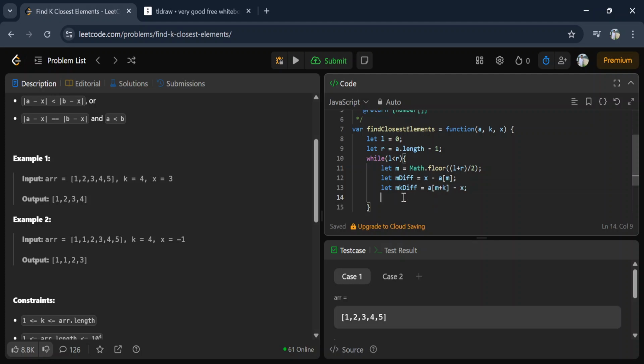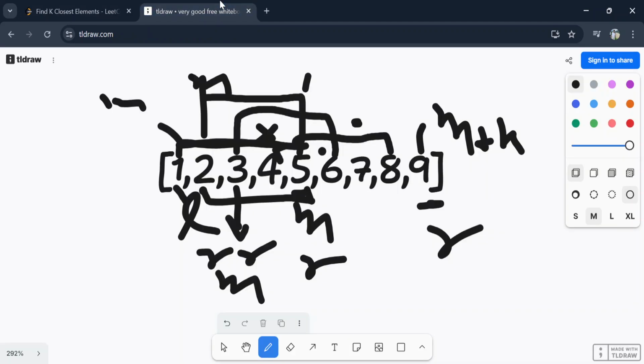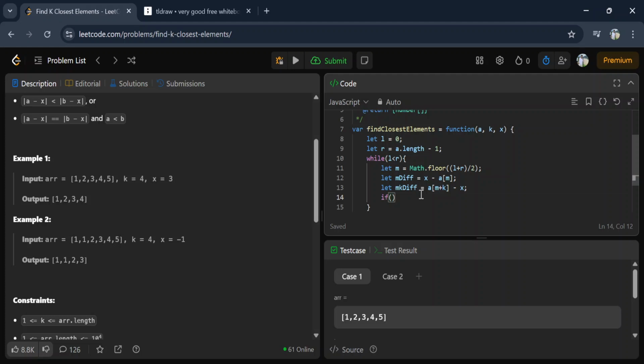So now I'll check which difference is more. If the m plus k difference is more, this is m plus k, this is 9, and this is m, this is 5. So the m plus k distance is more from 4, then I'll shift my r. See, which difference is more? If m difference is greater than mk difference,